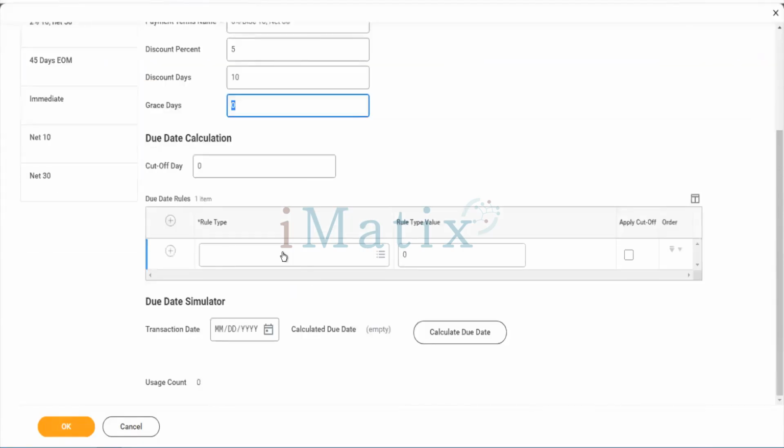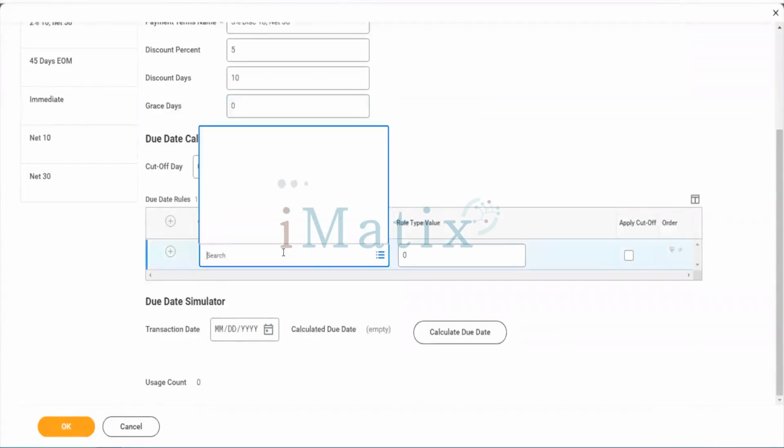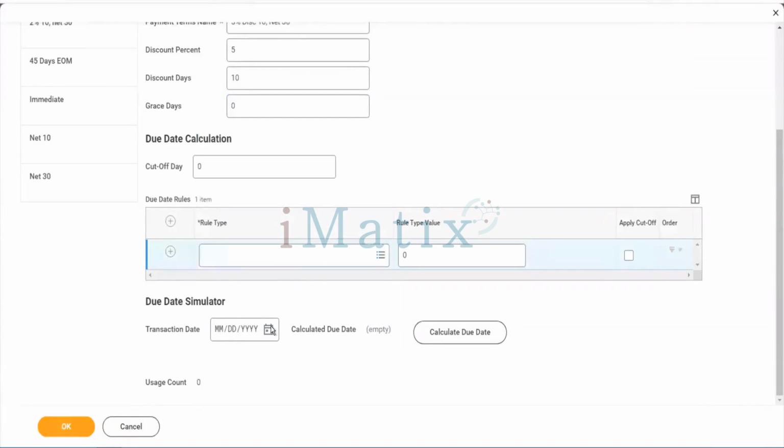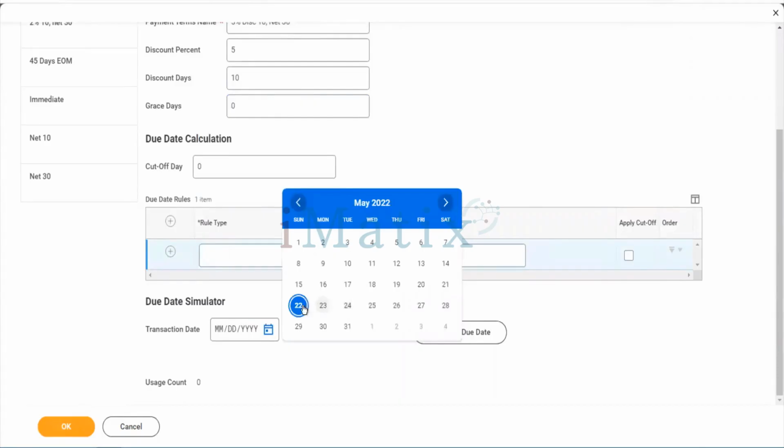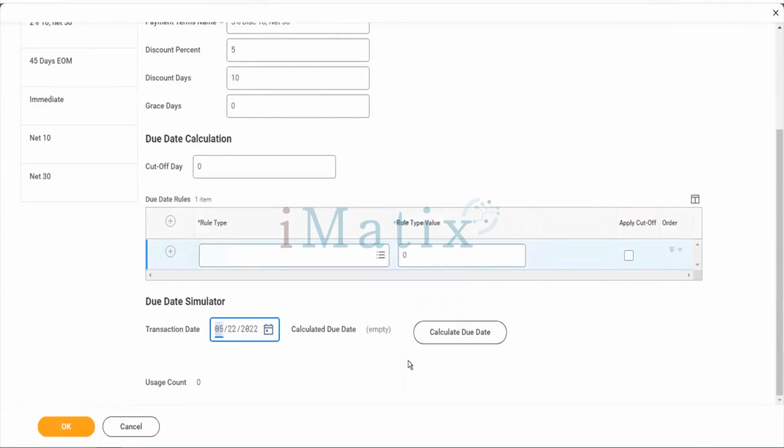Now I'll give you a demo here. Rule type is, actually, let me just say transaction date. Let me see if the transaction date is 20th. What was the due date?